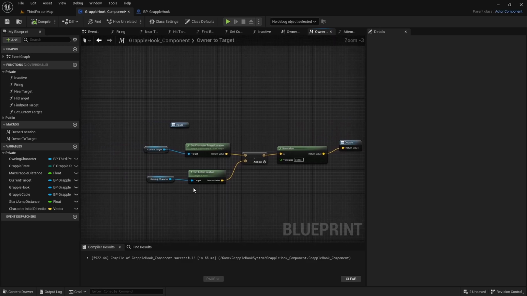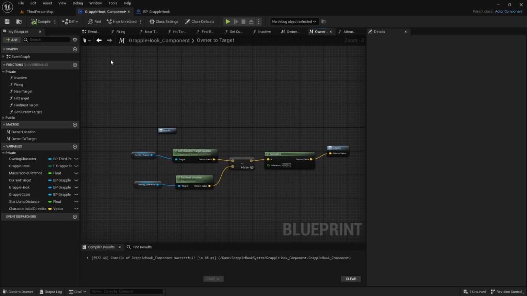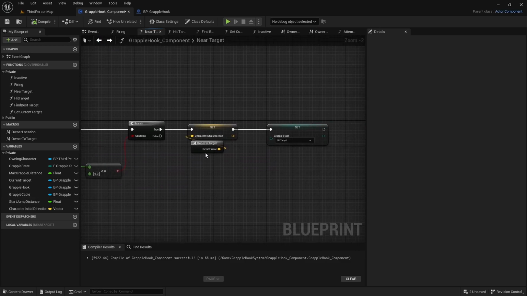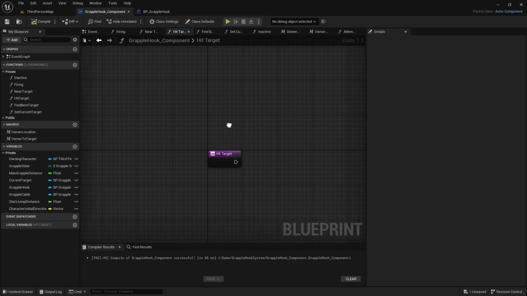So it's going to get our character target location and subtract our owning character's actor location and then normalize that into a value of 1. So that's going to get our character's initial direction, and then that's going to set our grapple state to hit target. So let's just go ahead and go into our hit target,